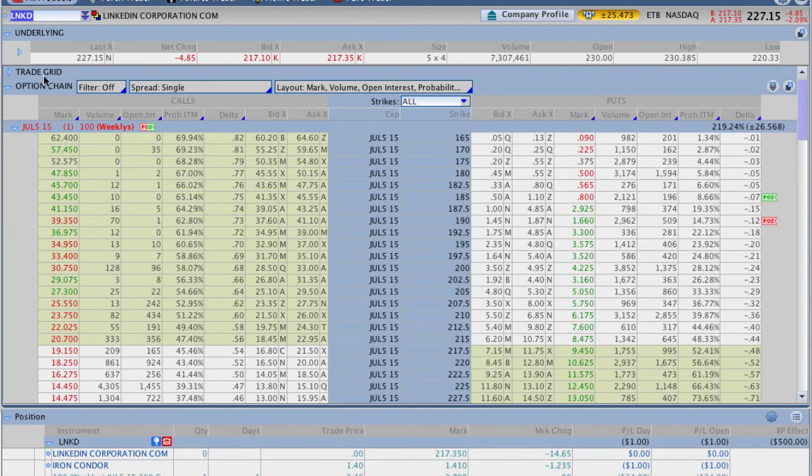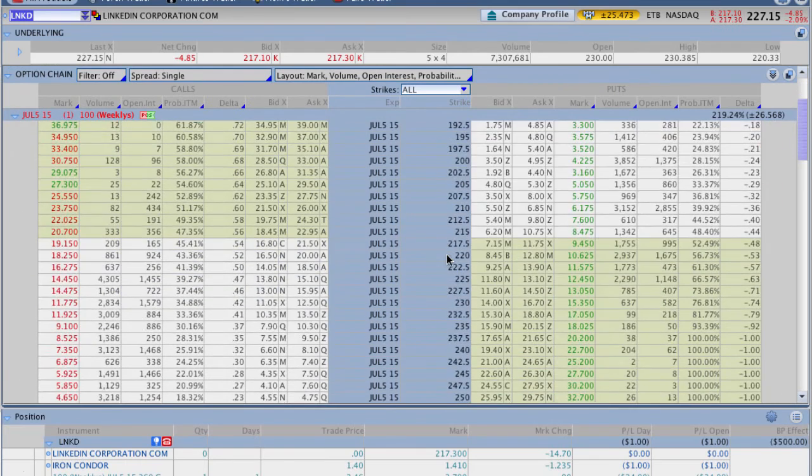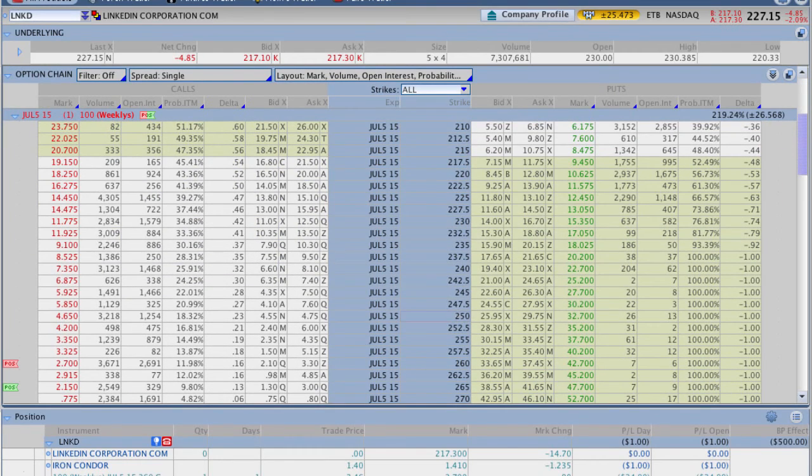So the stock today closed around $227. Expected move was about $25. So our beginning strike price on the bottom side at 190 is well beyond where the expected move was. The expected move was taking the stock down to around 200 on the bottom side and up to around 250 on the top side. And again, you can see on the top side, it was expected to go around 250, and we set our strikes just beyond that, about another $10. So we gave ourselves a $20 cushion on either end to let LinkedIn move a little bit more,